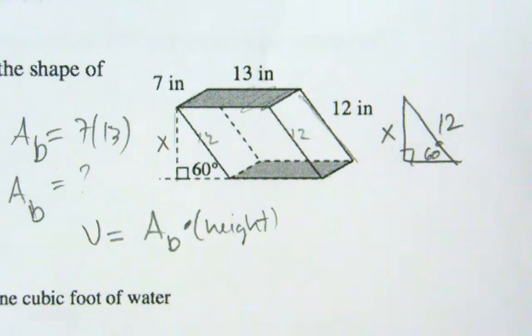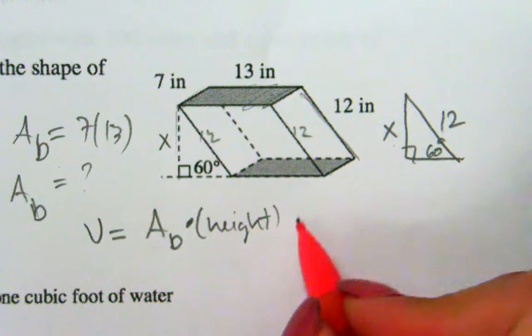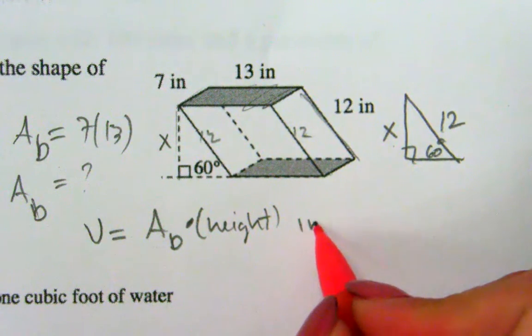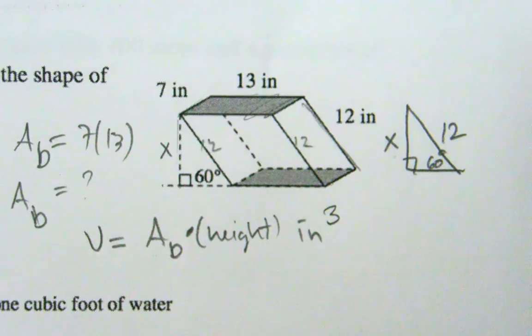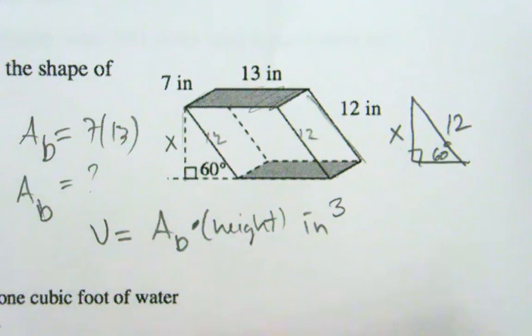Now, what's the volume of Elliot's tank in gallons if 1 cubic foot of water equals 7.48 gallons? Okay, so when you find your volume, it's going to be in inches cubed. So you're going to need to convert in units. So I guess you can think of it like,